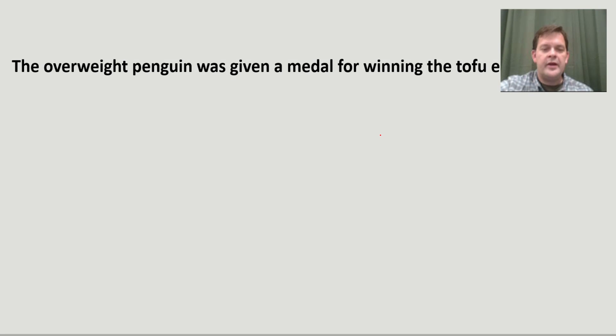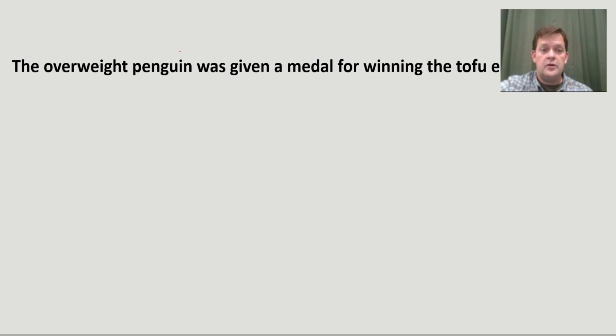The overweight penguin was given a medal for winning the tofu eating contest. Well, you can tell that you have several verbals, so finding your actual verb might be more difficult. Winning looks like a verb form. Eating looks like a verb form. Was given is, of course, a verb form. Well, you say, which one has a subject? So if we start with the first one, we say was given,